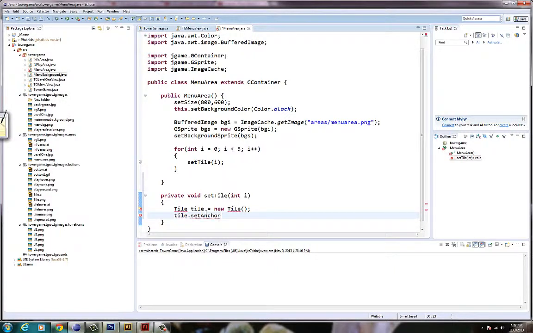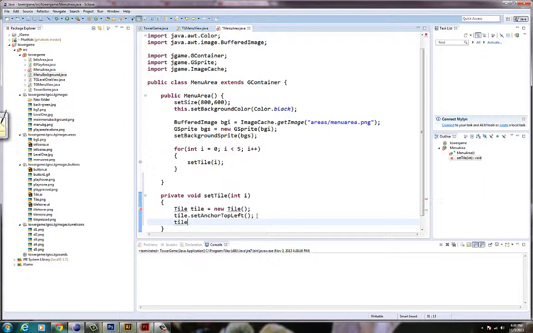And I guess I'll go ahead and say top left again, so I just know where or how to locate this. Now, since I'm writing this inside the menu area, the reference top left is going to be to the tile, but it's going to be placed within the object menu area. So the coordinate system is based on that local object rather than inside the entire view as it was before. And in any case, now I'll say tile set,